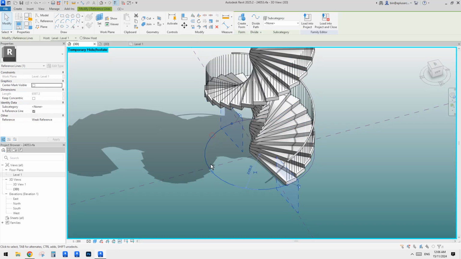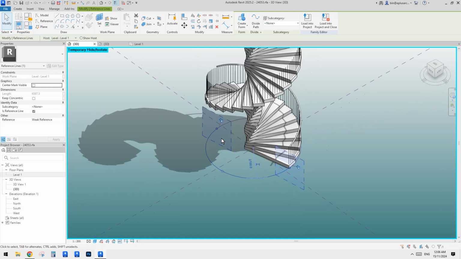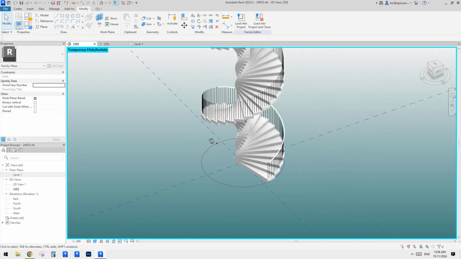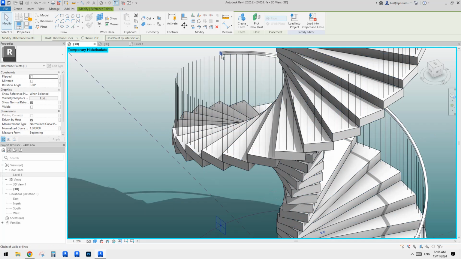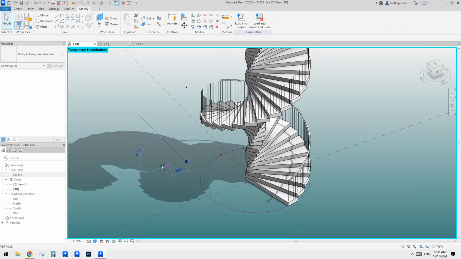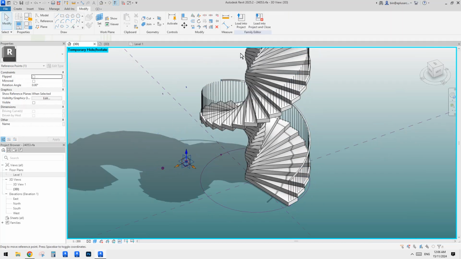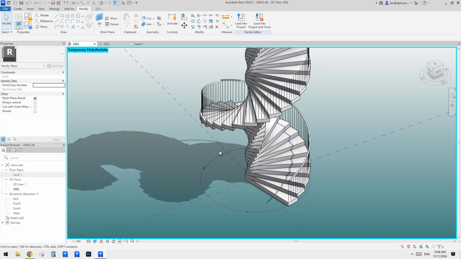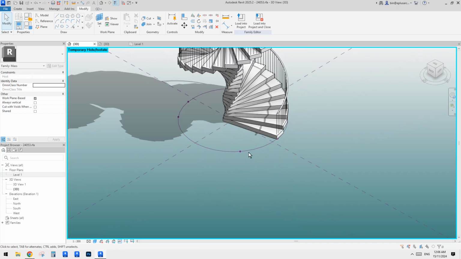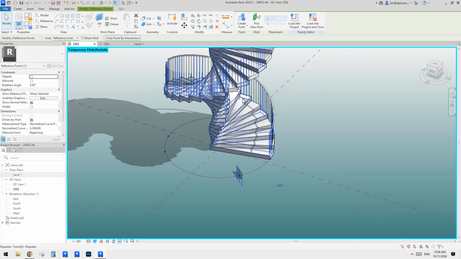So we have another one, another half circle. Now what we can do is select this point, select this profile, CC, this point, pick new host, place it here, pick this one, place here. The starting height of this profile will be exactly the same as this one, so we don't need to change this one. But for this one we need to